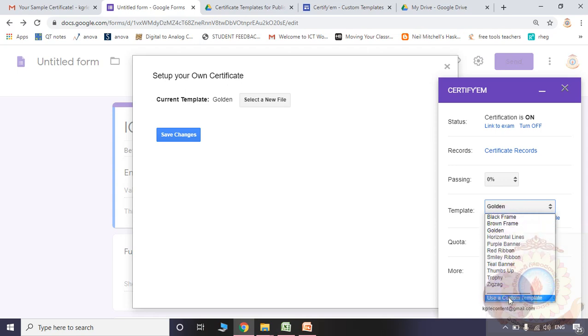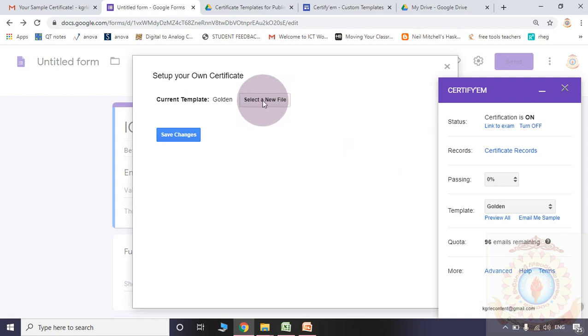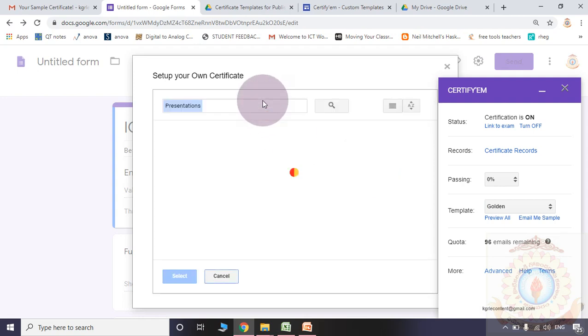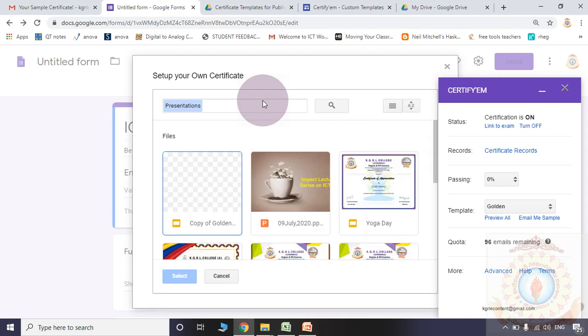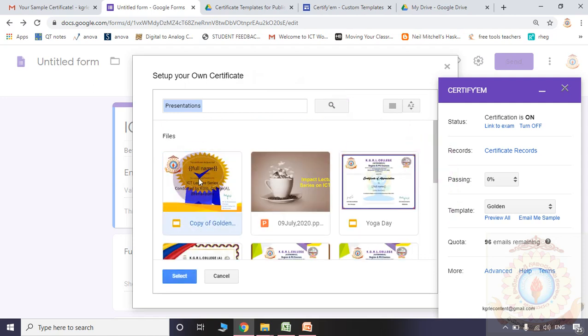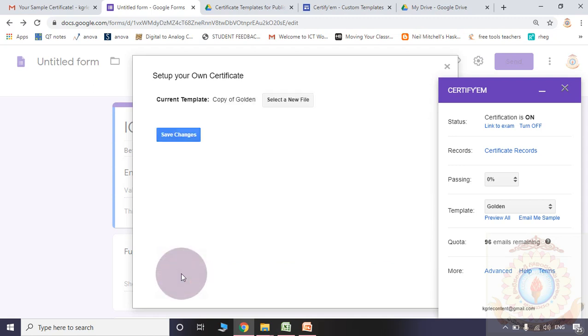You are designing a new template that we want to use now. Here select a new file. So whatever you designed, that will come. I am selecting this one and I am saving.